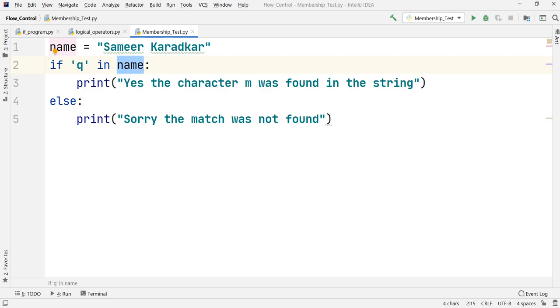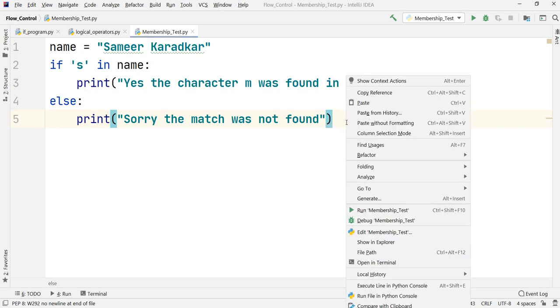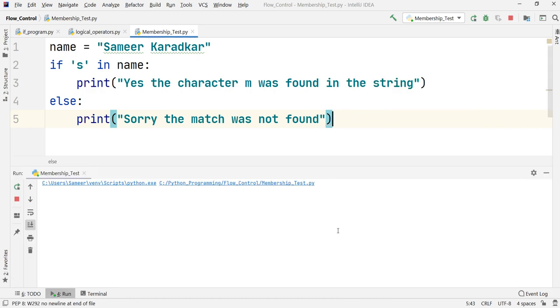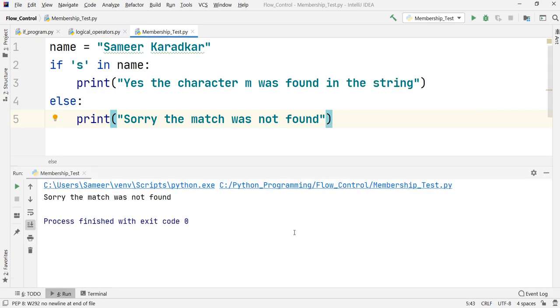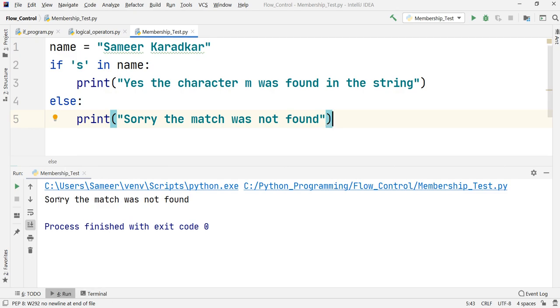Okay, now let us just quickly change this particular part and see which answers we get. Suppose I write S here. I want you to guess now. Just pause the video and try to guess what the output of this code will be. Let us run it if you have guessed it. As you can observe, if I put S, it is saying that, sorry, the match was not found.